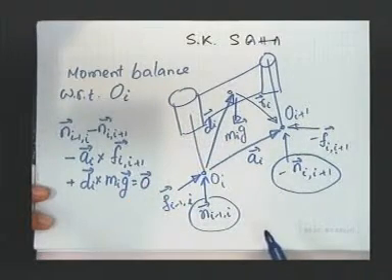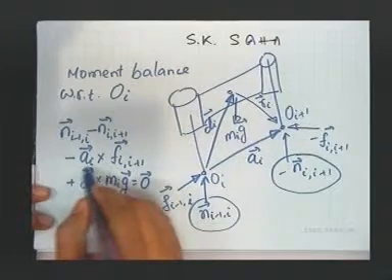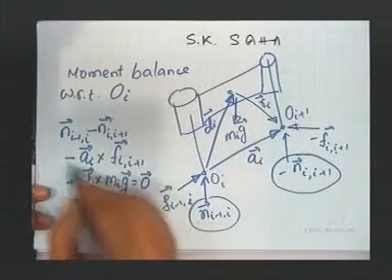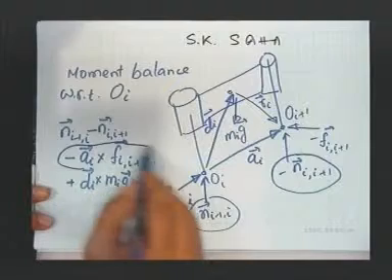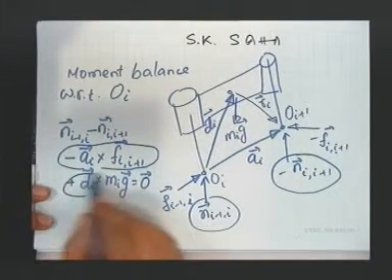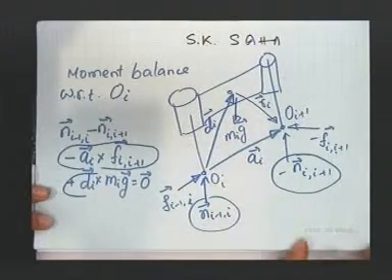You may be worried a little bit, how am I writing minus a_i cross f_i and here plus. For that, let me show you a simple